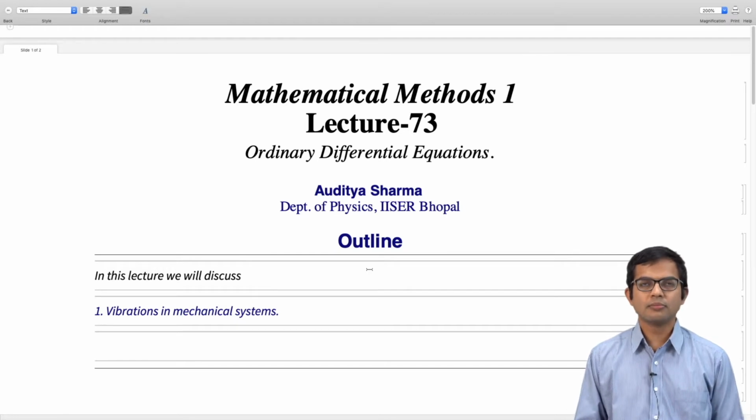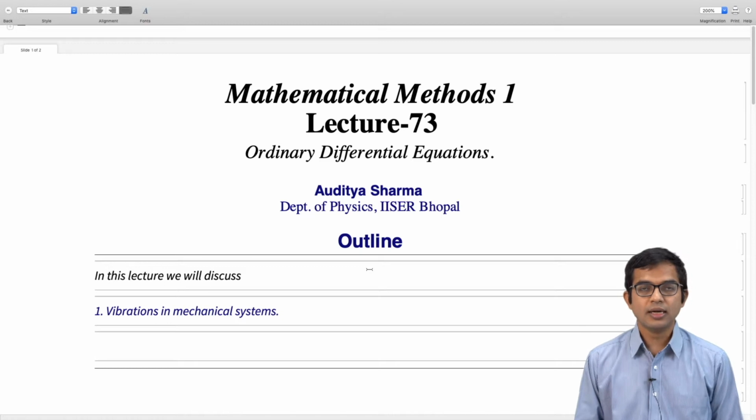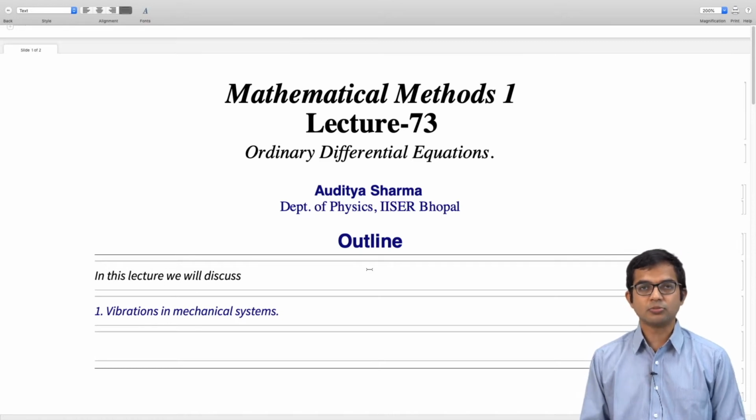So we have looked at a bunch of techniques for solving differential equations. We saw how it's useful to work out the solution for the homogeneous equation, and then if you can find a particular solution for the full inhomogeneous equation, we can put these two together to get the full general solution for an inhomogeneous differential equation. And then we looked at special techniques for special kinds of problems and so on.